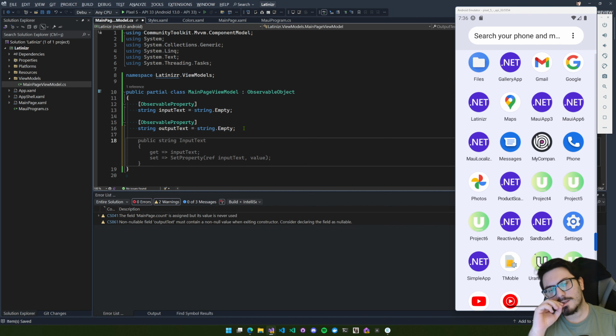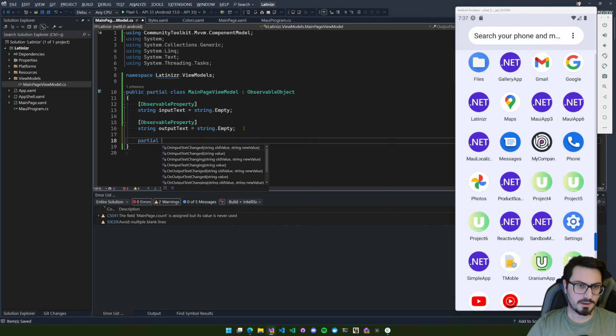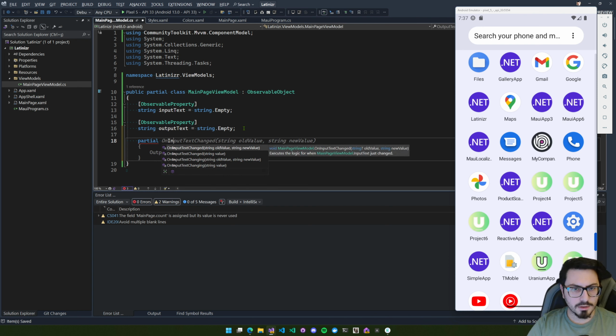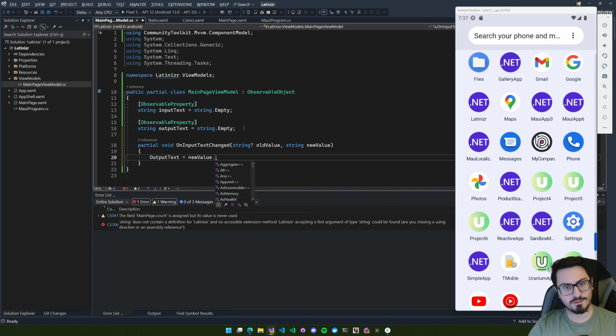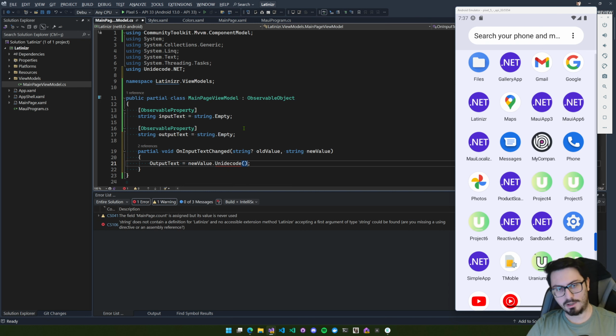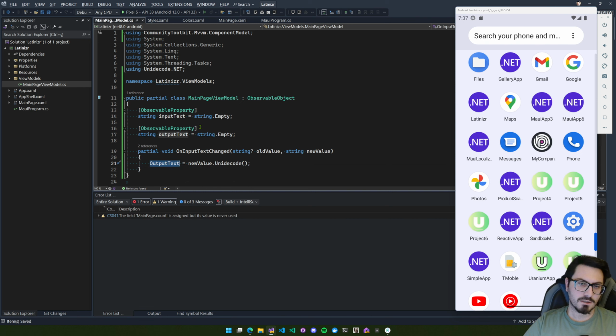I have two properties, and I need a partial method here. Partial OnInputTextChanged. On input text changed, yeah, we will Unidecode here. Not Latinizr, yeah, Copilot thinks good, but we will use the Unidecode.NET library for it. Okay, that's it. That's the implementation, but I will use